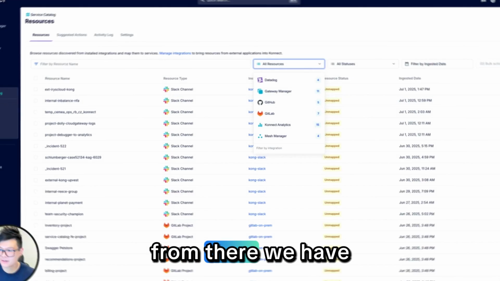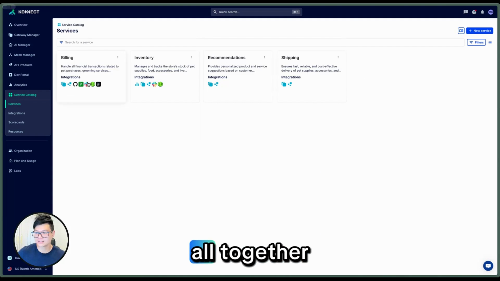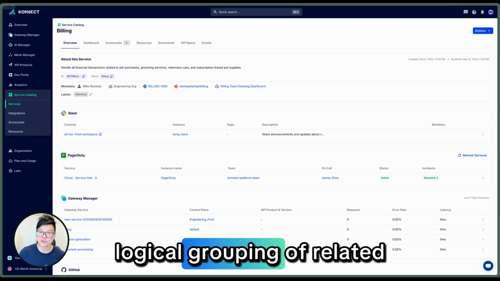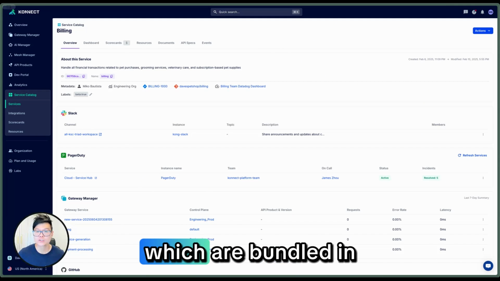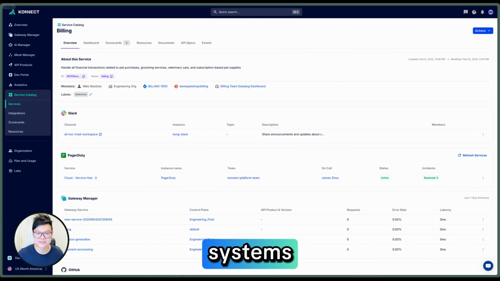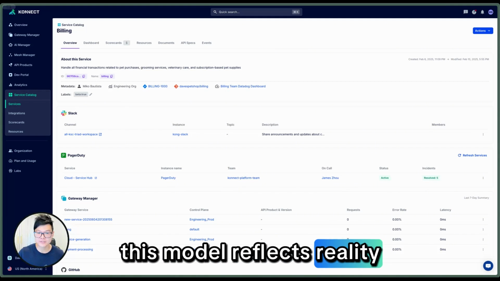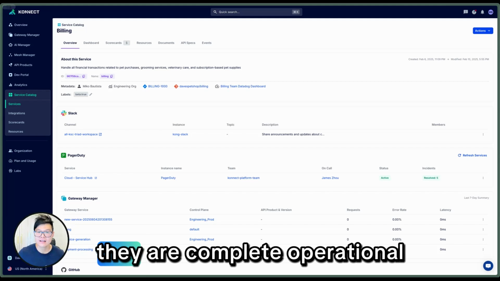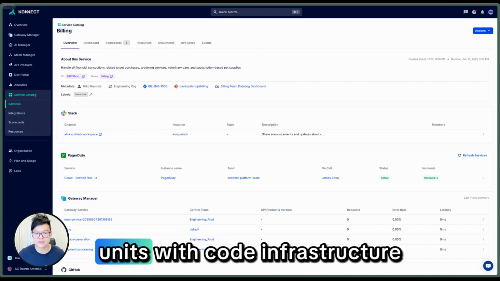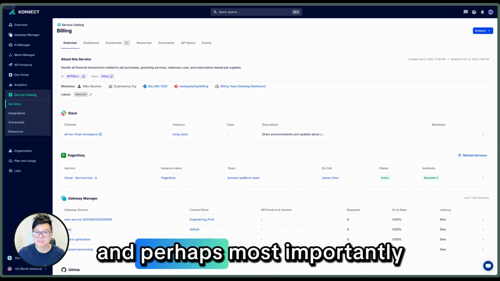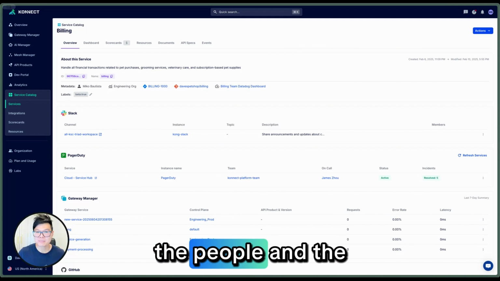From there, we have services which bring it all together. A service is a logical grouping of related resources which are bundled in a way that reflects how your teams actually think about their systems. This model reflects reality. The fact is, services aren't just APIs. They are complete operational units with code, infrastructure, documentation, monitoring, incident response, and perhaps most importantly, the people and the